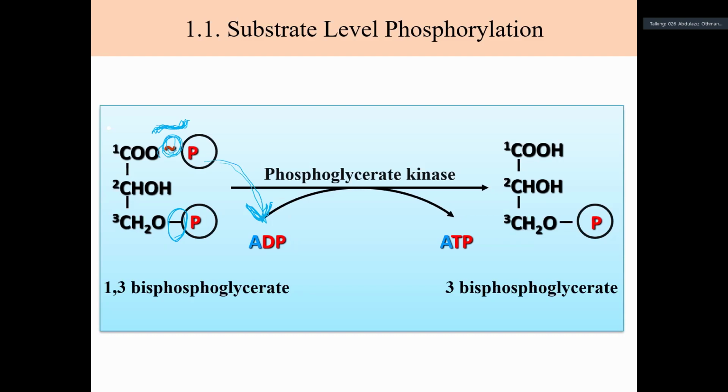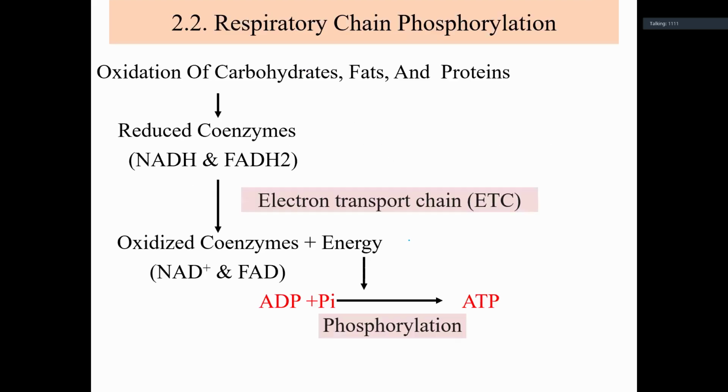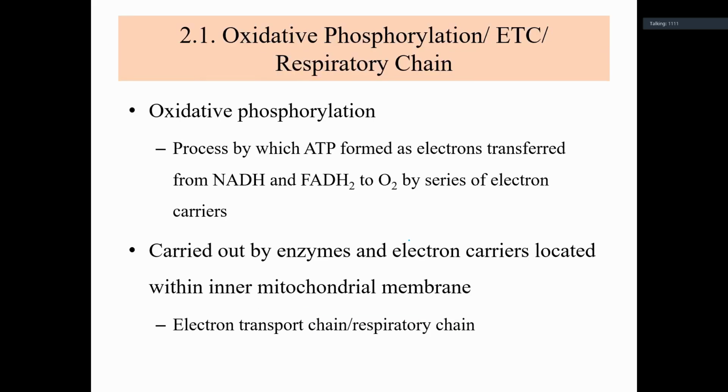Yes, clear. So this is the example of 1,3-bisphosphoglycerate converted into 3-phosphoglycerate, and then ATP is formed. And we have other examples as well, like pyruvate kinase and succinyl-CoA. Okay, then we have